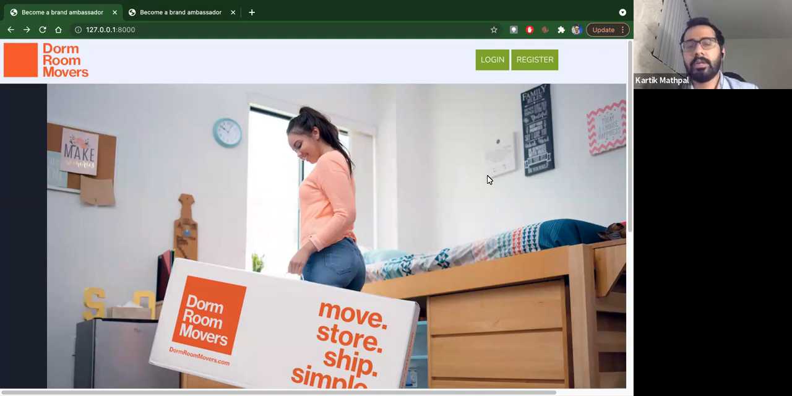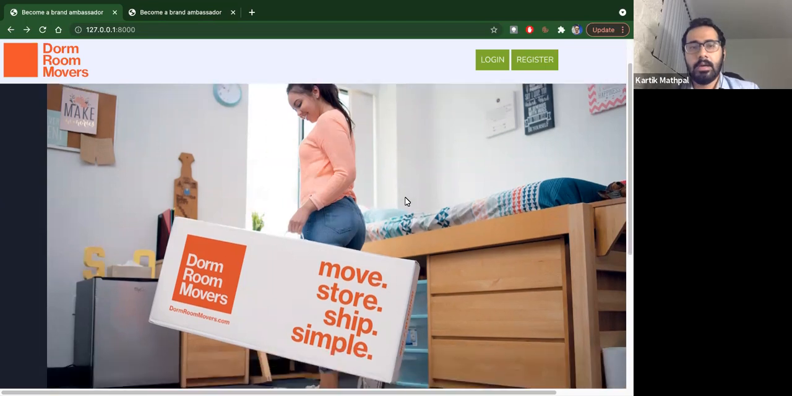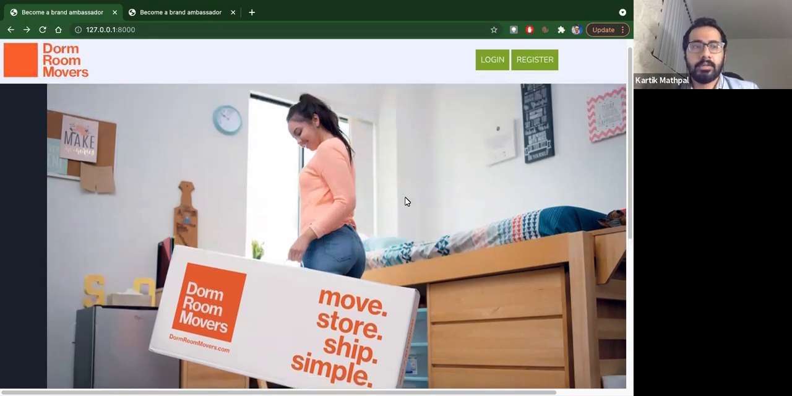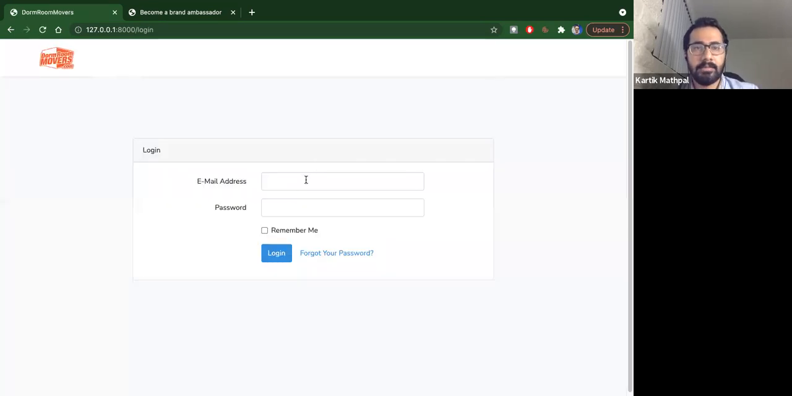We have worked on creating a referral system for the dorm room movers application. There are mainly two stakeholders in our application, one being the ambassador and the other being the admin. So I'll quickly show. When you log in as an ambassador in this application,